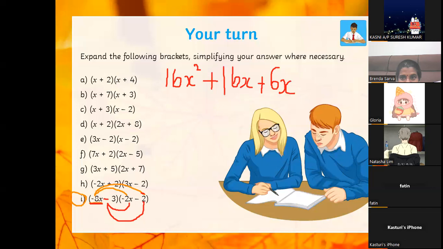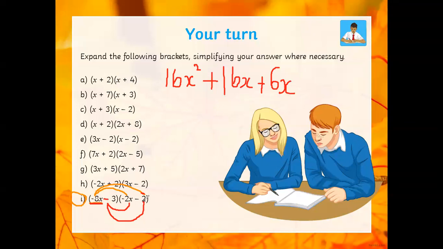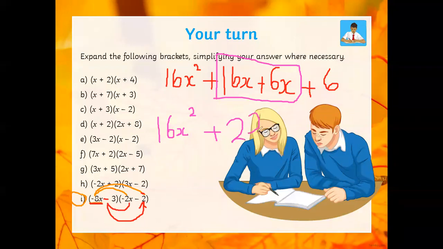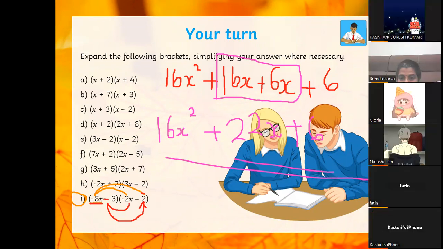And finally, the last part would be -3 times -2. Again, negative times negative is positive. 3 times 2 is 6. Now we only have the center part to be simplified. And that's all a positive number now. So 16x squared plus, what is 16x plus 6x? This will be 22x plus 6. That's your answer. Although it looks so confusing with negative times negative, negative times negative,